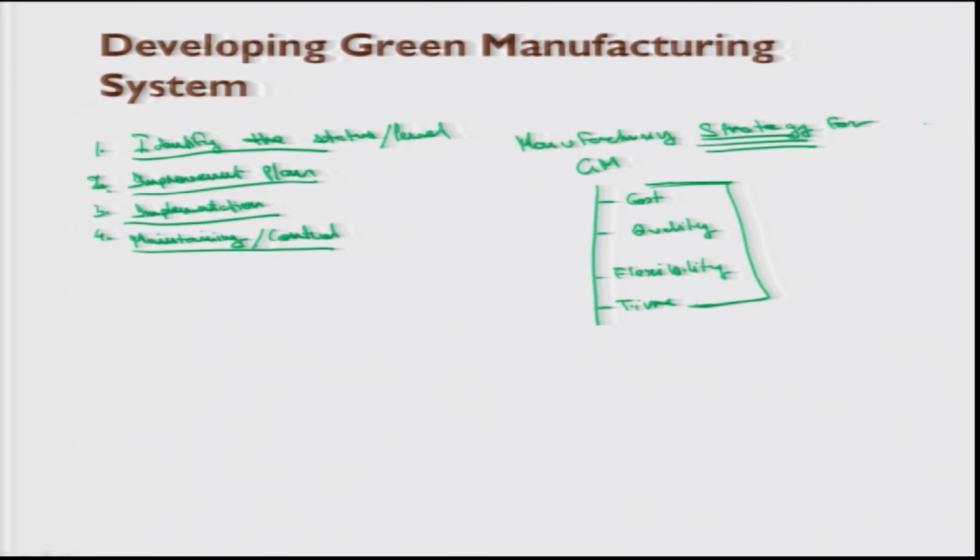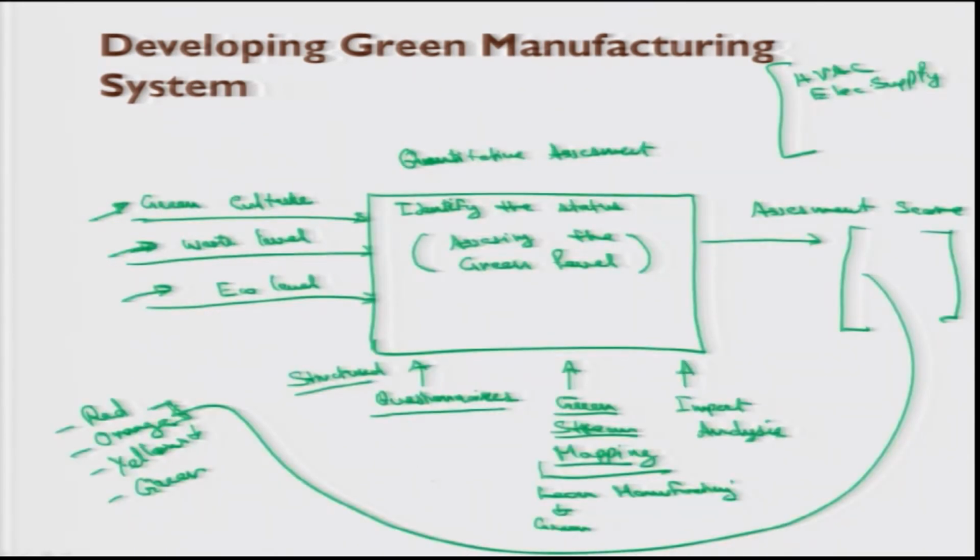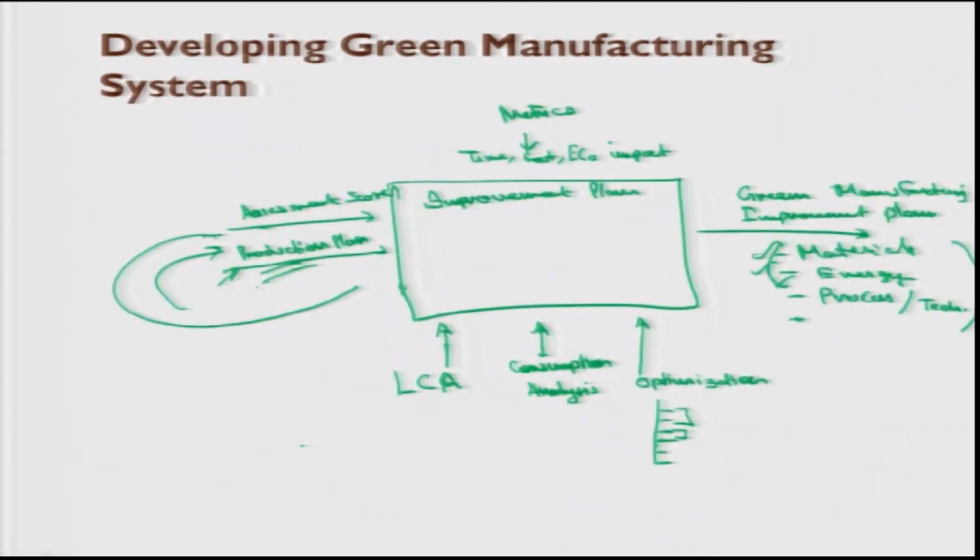So, this is a kind of system model here, which is divided into 4 steps. First, we identify our status, then we make the improvement plan, implementation and maintaining it at the improved level. So, the important thing is what type of inputs we have, what type of tools are being used here. Questionnaires, green stream mapping, impact analysis are used to assess the present status, and we need to know the status of green culture, waste level, eco level, and then that assessment score which is obtained here would go to my improvement plan,